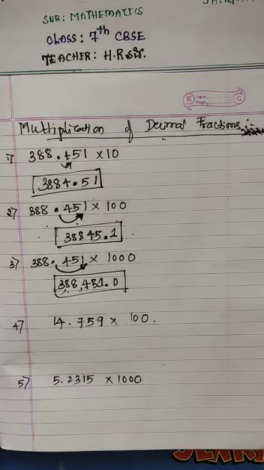When we multiply 388.451 by 1000, shifting the decimal point three places to the right,